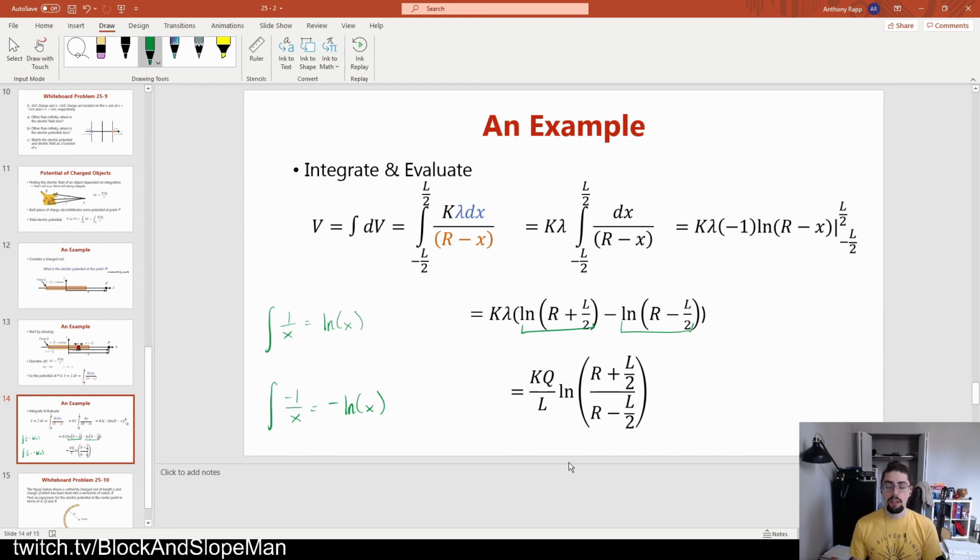But anyways, one of the things, if you mess up these bounds, what if you put positive L over 2 to negative L over 2? You get a negative number at the end. And that's probably fine. Let's be honest. If you messed up the bounds a little bit and you got a negative answer from what you should have gotten, but you know it should have been positive,